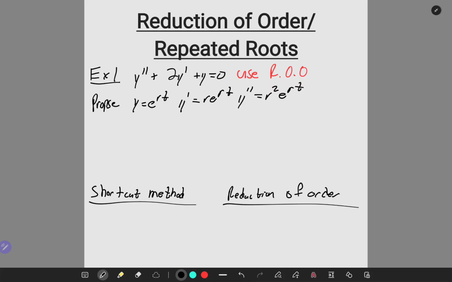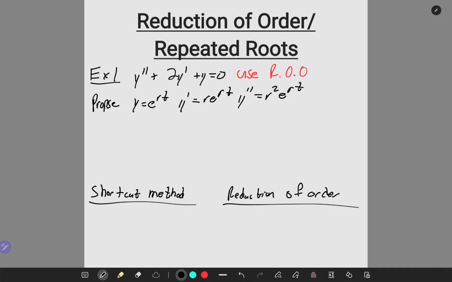It won't actually ask you to use reduction of order, and that's when you're able to use the shortcut method. But I highly recommend doing reduction of order first just to get the hang of it, and then we'll go into the shortcut method later. But I'll show you what it is first though. So let's